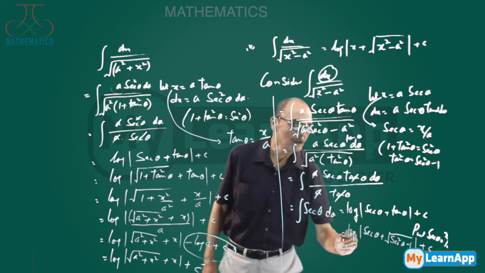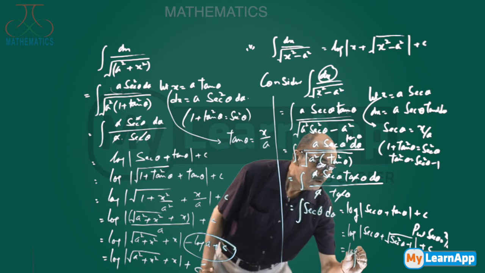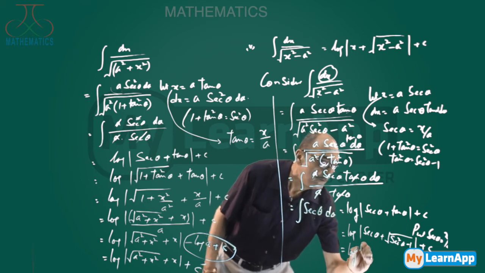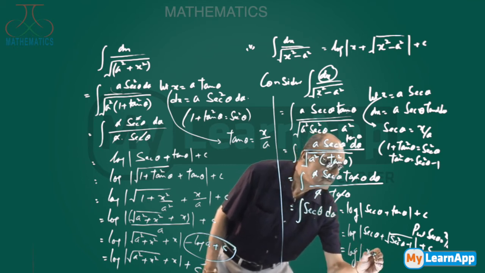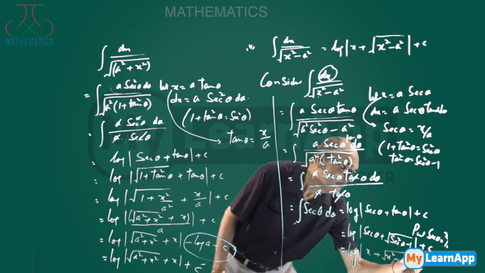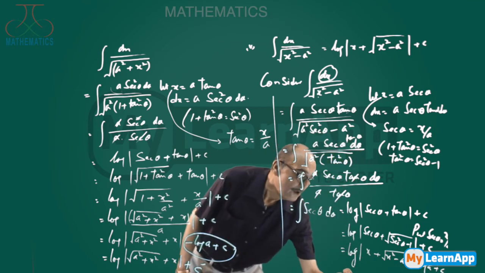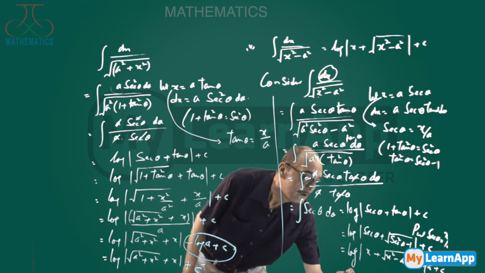This is log of x upon a plus under the root x square minus a square upon a, which is log of x plus x square minus a square under the root minus log of a plus c. And finally we have,